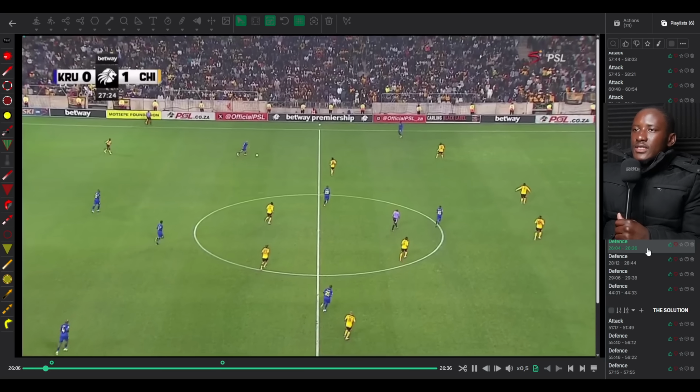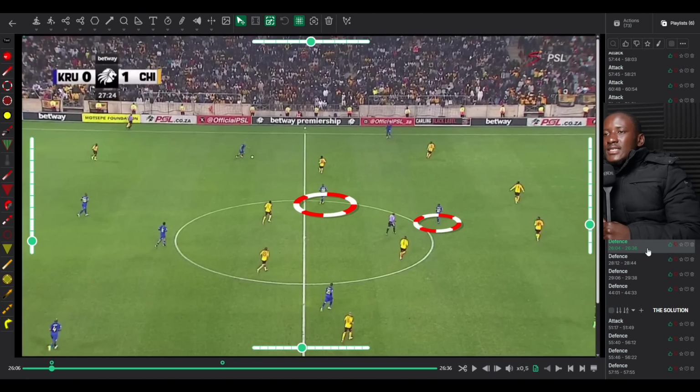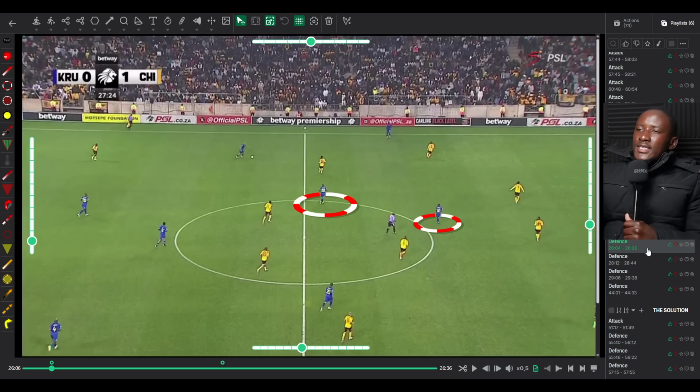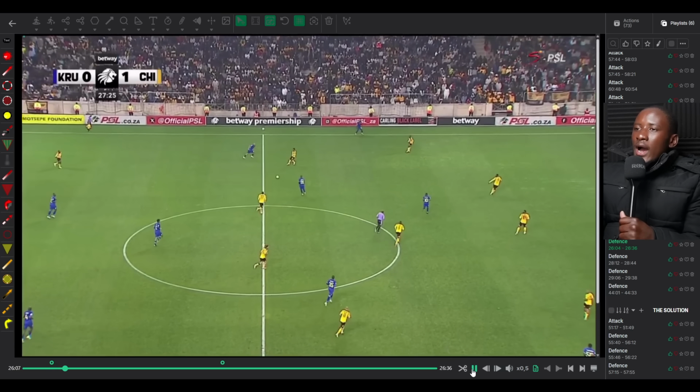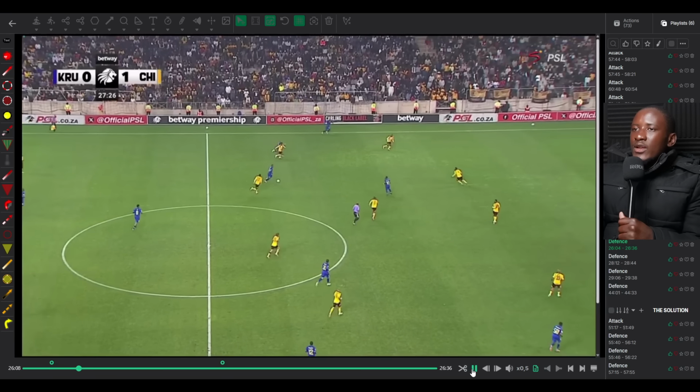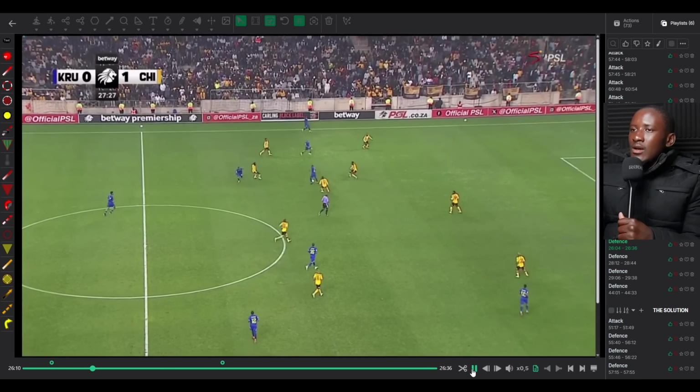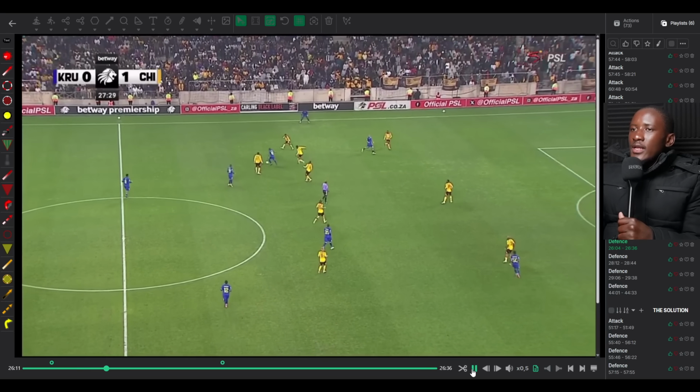So here is Chiefs. The first phase has been done in our sort of high press. We've failed. But now this is a problem that kept on recurring. These guys get the ball and then they have two players who are unmarked. Like they can just play and combine. Yeah, we talked about triangles. Boom, boom. Then the ball is played.